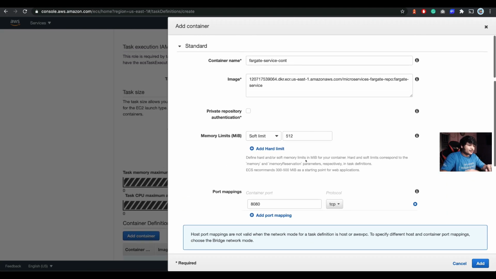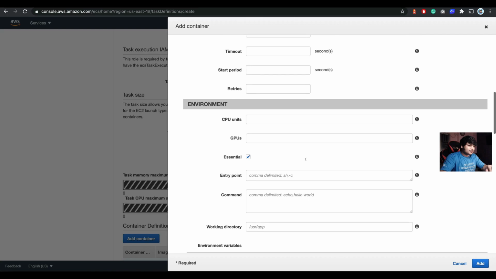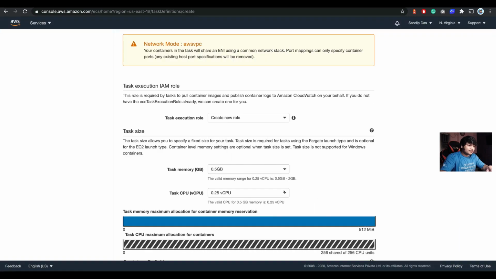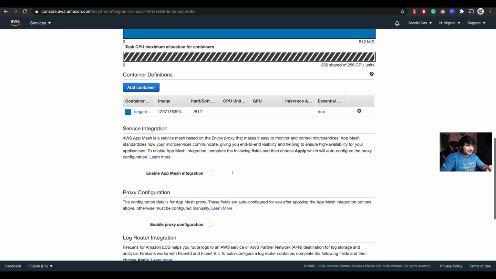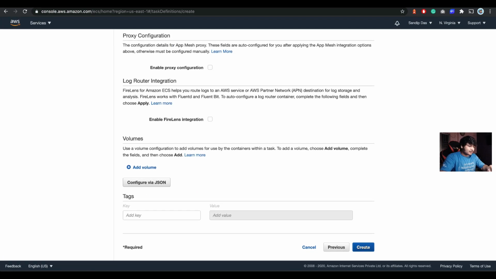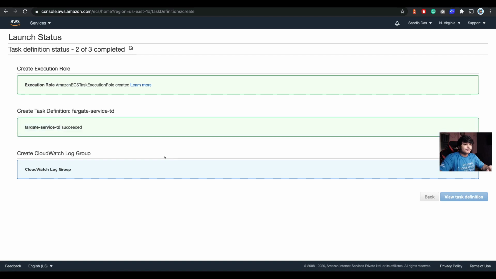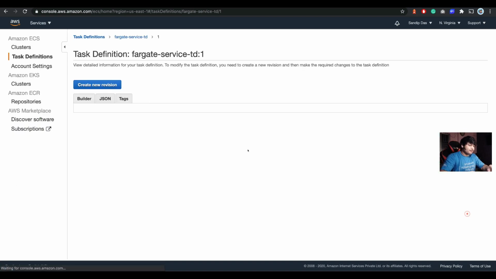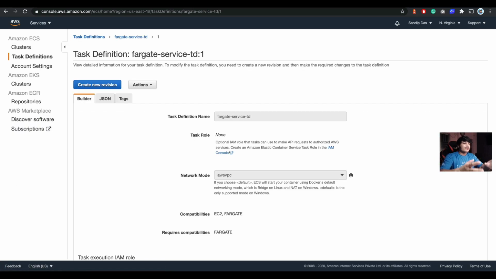Okay, all good. Click on create, and it's added here. All good. Now click on create, and it will create the task definition. View task definitions. So now the task definition required to run the task is created.